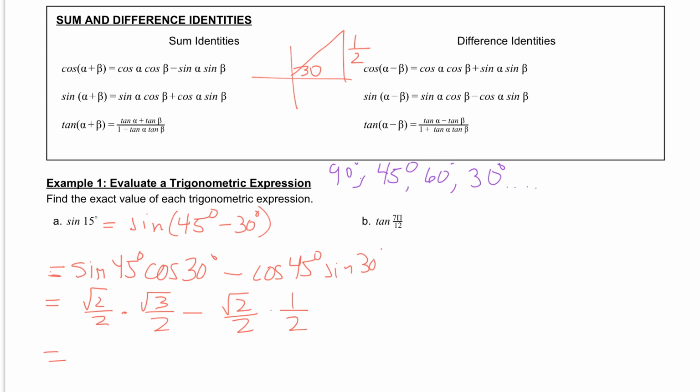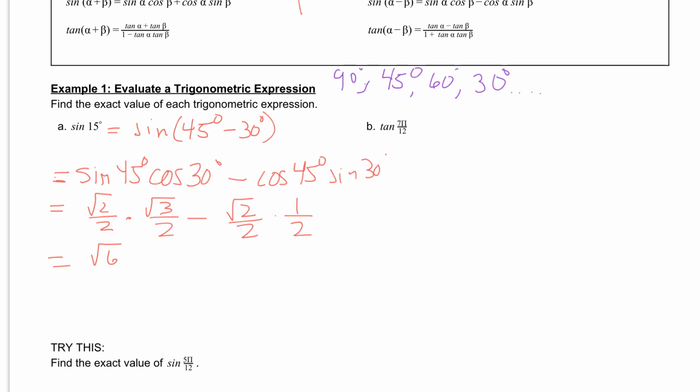And then we're going to simplify. Order of operations tells us that we want to multiply before we do the subtraction. So we can multiply square root of 2 times square root of 3, which is square root of 6. And then in the denominator, 2 times 2 gives us 4. Minus, over here, square root of 2 times 1 is just the square root of 2. And again, 2 times 2 on the bottom would give us 4. Then we can write this as just one fraction, since they have common denominators already. We can write this as the square root of 6 minus the square root of 2 all over 4